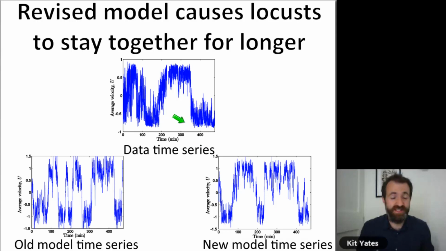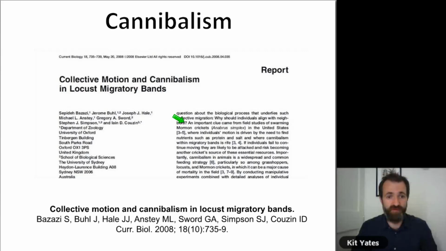So these locusts are actually using noise in a constructive way to change the way that they stay aligned with each other. When they find themselves out of line with their neighbors, then they tend to increase the randomness of their motion. And so we thought, what's the reason? Why are they increasing the randomness of their motion when they find themselves out of line with their neighbors?